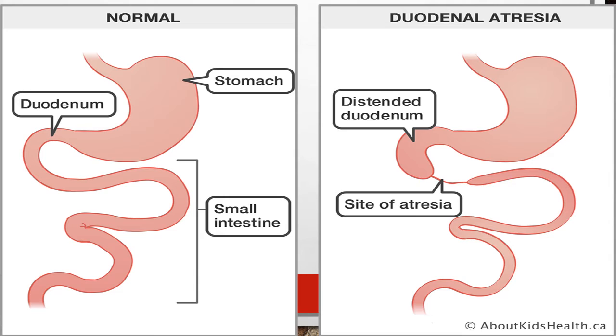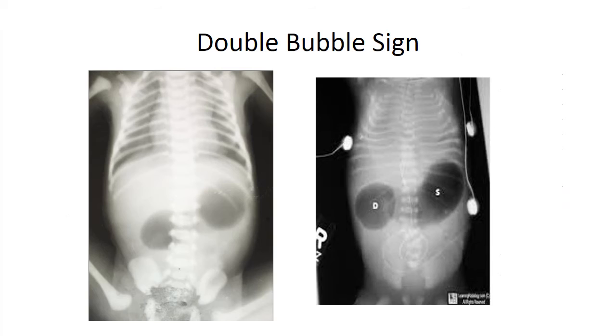And also this duodenal atresia is associated with polyhydramnios. This is because there is no absorption and swallowing of the amniotic fluid, so that is leading to the polyhydramnios. Atresia can be diagnosed by the double bubble sign in the radiographs or ultrasound. These are typically the double bubble sign representing the duodenal atresia.